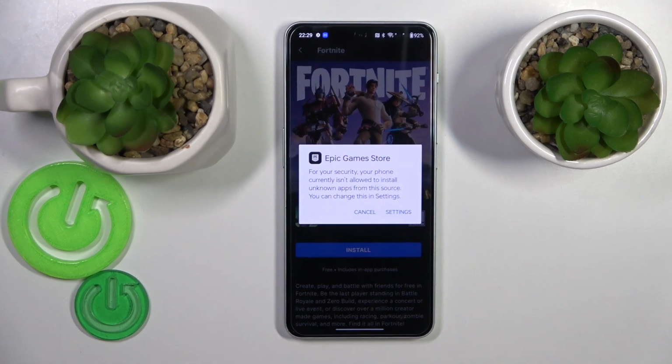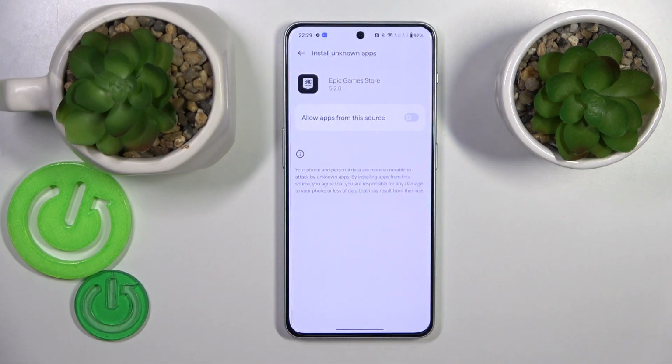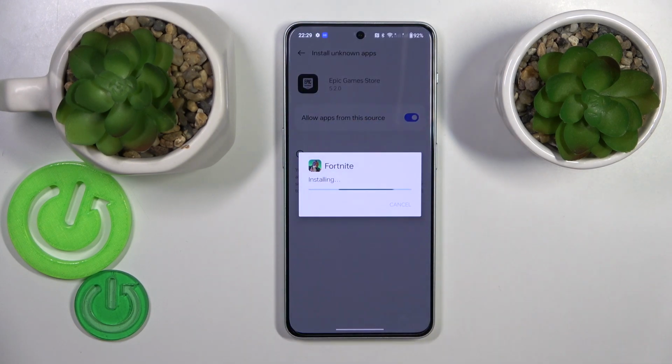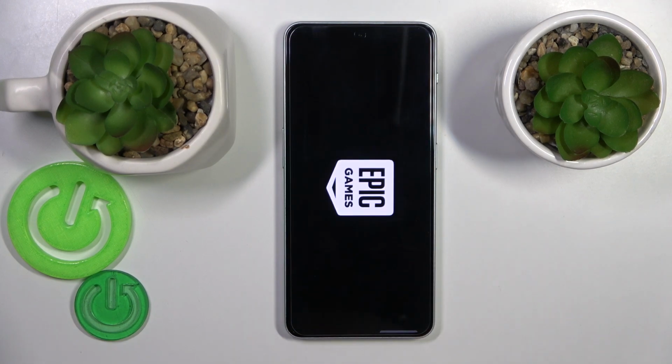So as you can see, once the Fortnite game is downloaded but is yet to be installed, the system asks that we grant the Epic Games Store with the same permission we granted Google Chrome with, that is to install unknown apps, so switch on this toggle, and then install the game. Once the Fortnite is successfully installed, you can just go ahead and launch it, and the final step at this